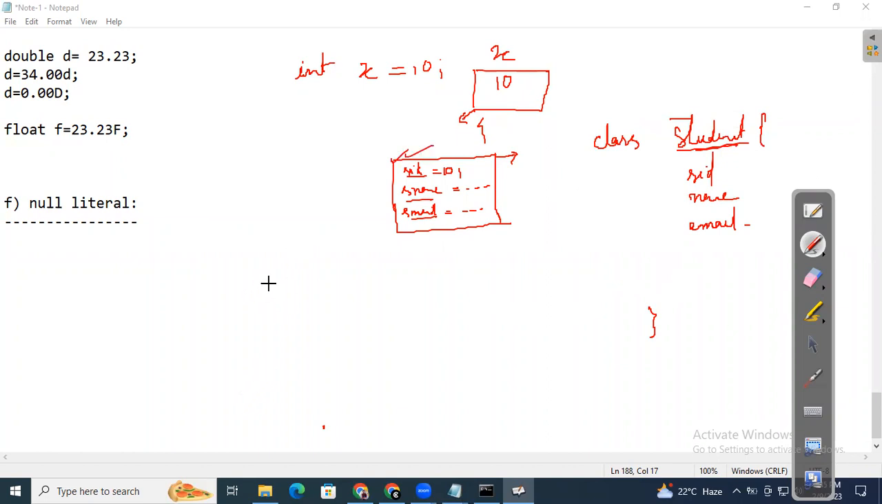How will you do it? Little different. In case of int x is 10, you are doing it like this. But for a user defined type, not in this straightforward way. What you have to do, you have to say,